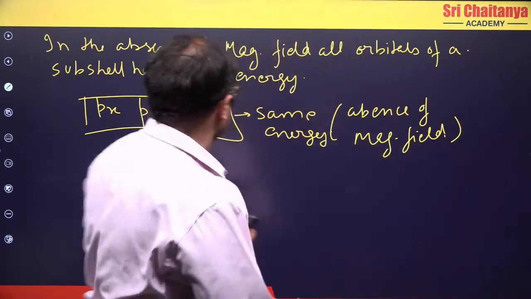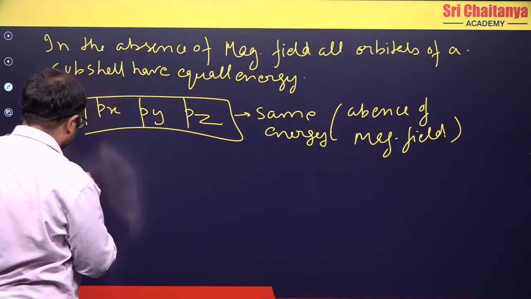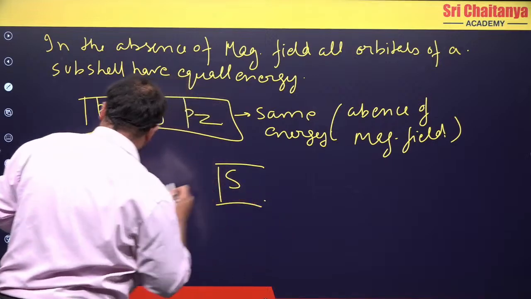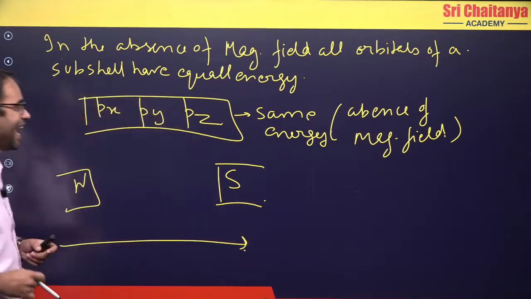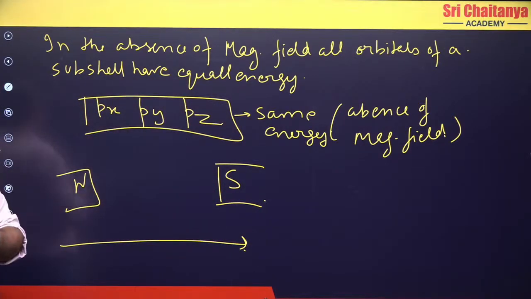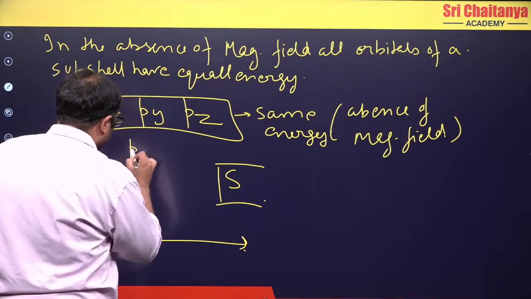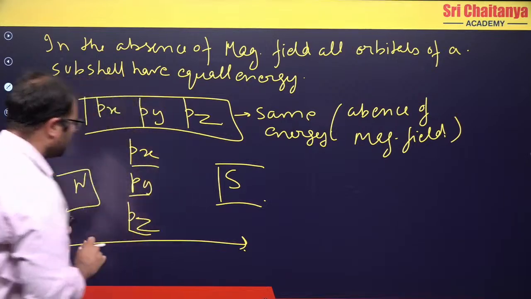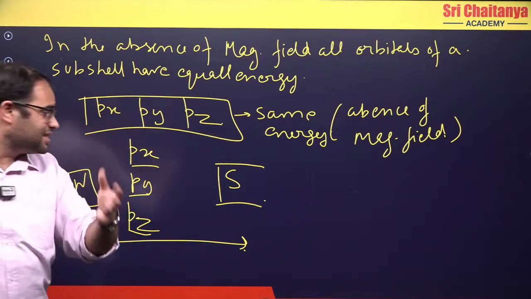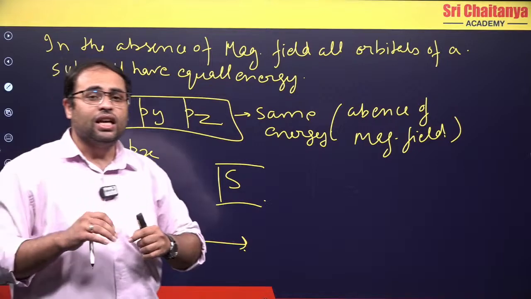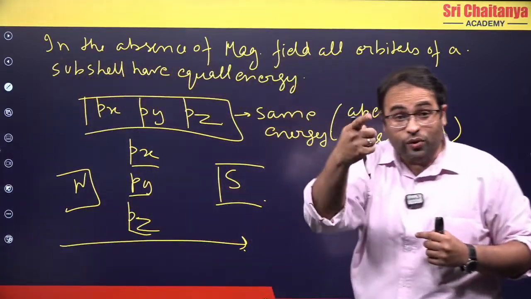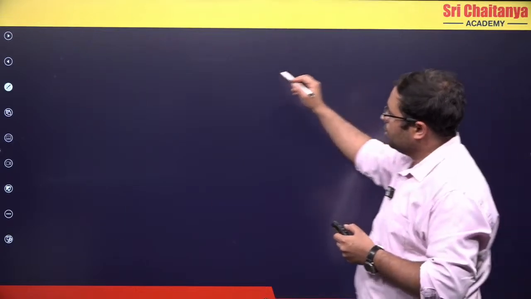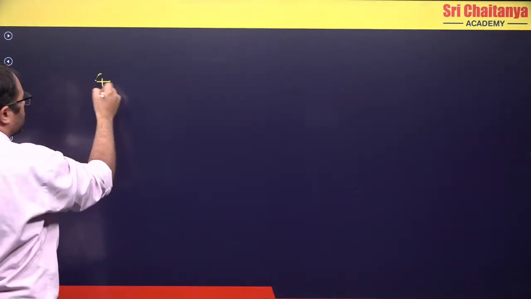But as soon as you put a magnet, if I put a magnet north, south, with the magnetic field going from north to south, then the energy of these orbitals changes, suppose Px, Py and Pz. How it changes? Not for now, next discussion, but in the presence of a magnetic field, it splits. How will you see this visually? Suppose, see, this was Bohr's picture,